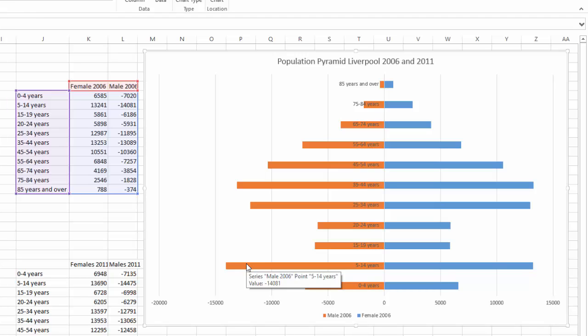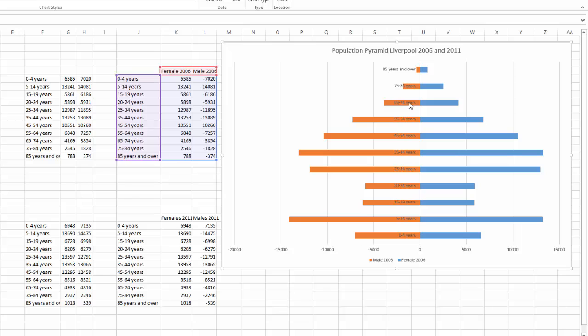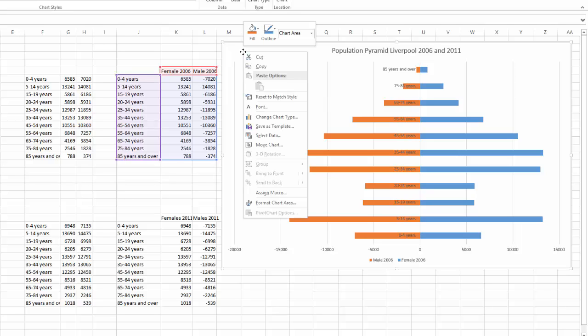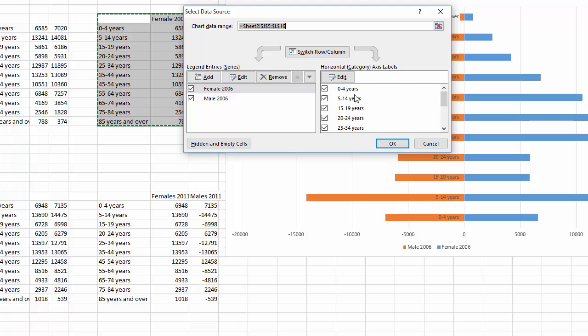That's great. What we need to do now is to put the 2011 over it to see if we can see some growth. So let's do that. What I will get you to do is highlight the graph, right click, and we want to add some data. So select data, you get a dialog box on the right with the axis values, on the left with the